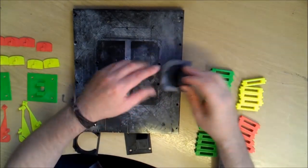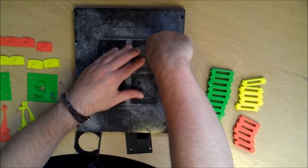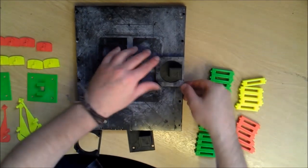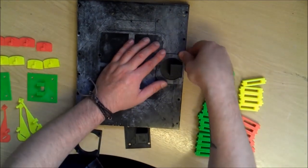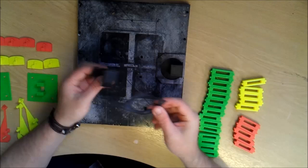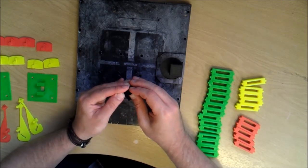You've got 4 holes here and they should fit within the board quite nicely, like so. Push down. It's all designed so it should all just snap in like so, and you do exactly the same on the opposite side. Your 4 pins into a cube,